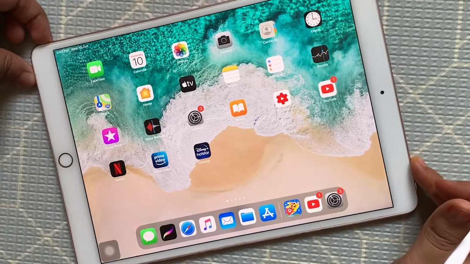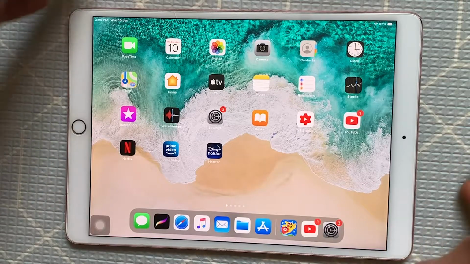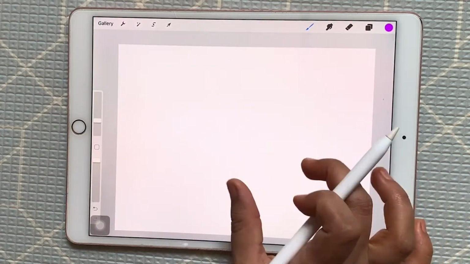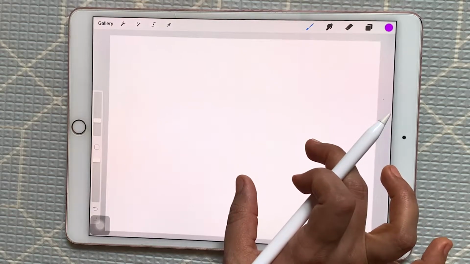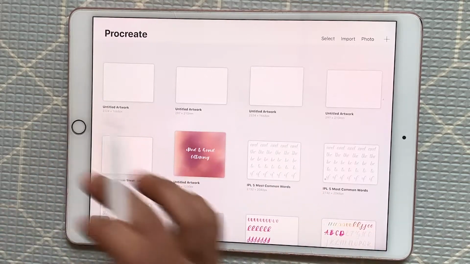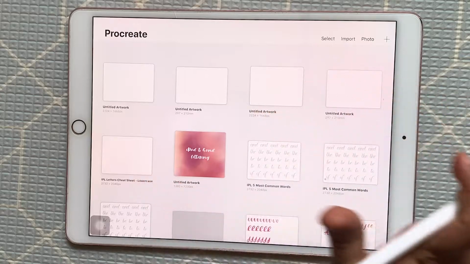Today I'll be giving you a basic introduction to the Procreate app, which I use for my hand lettering and for my artworks. This is what the app icon looks like, and when you open it you get this interface.